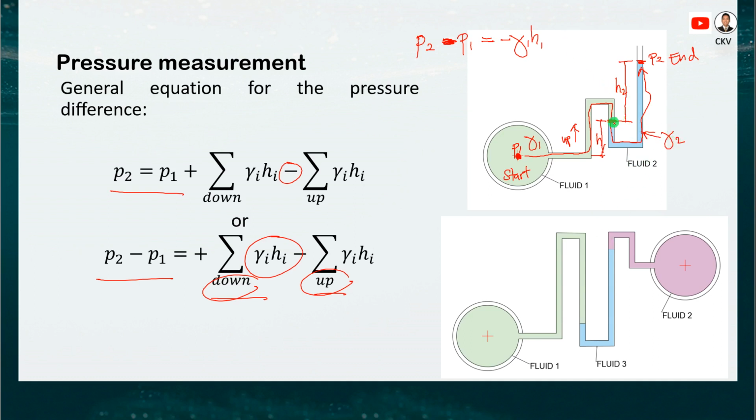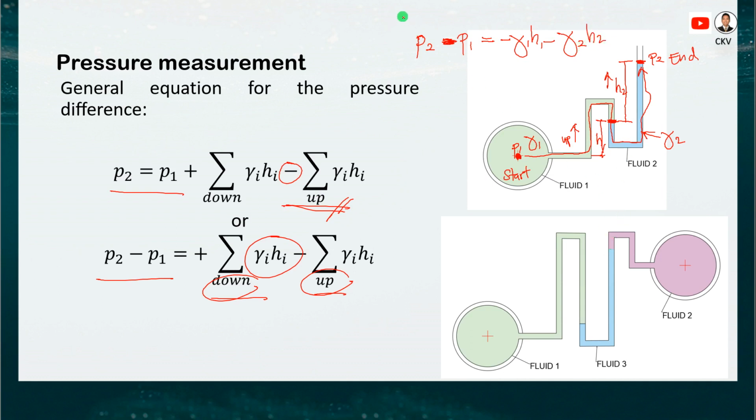The starting point is going upward. It starts here and ends above. So it's upward direction, which means we use negative. So minus gamma 2